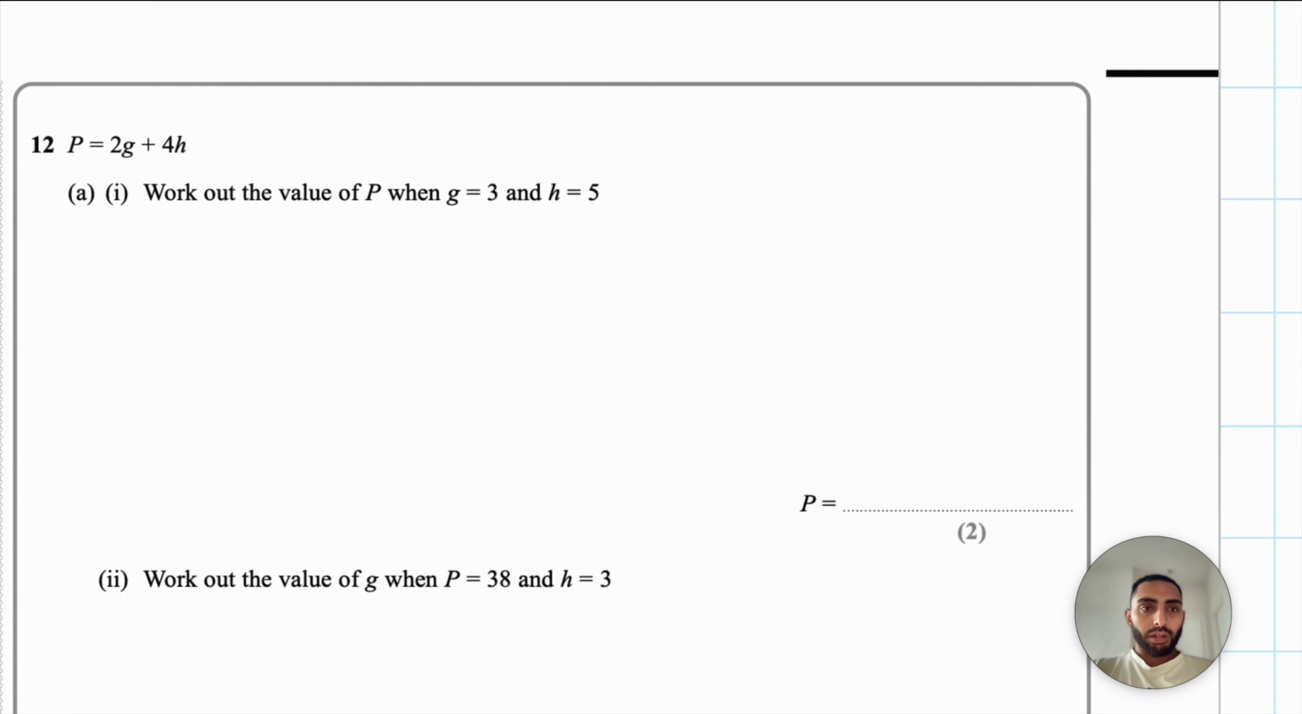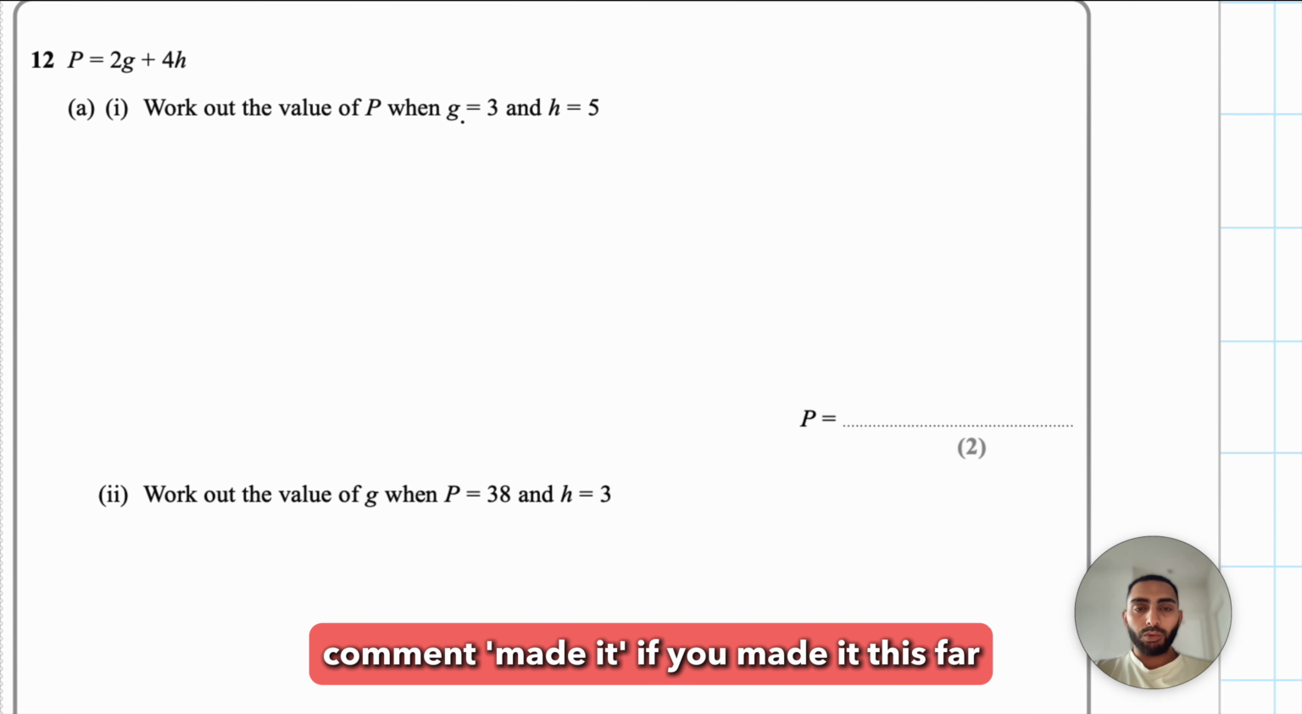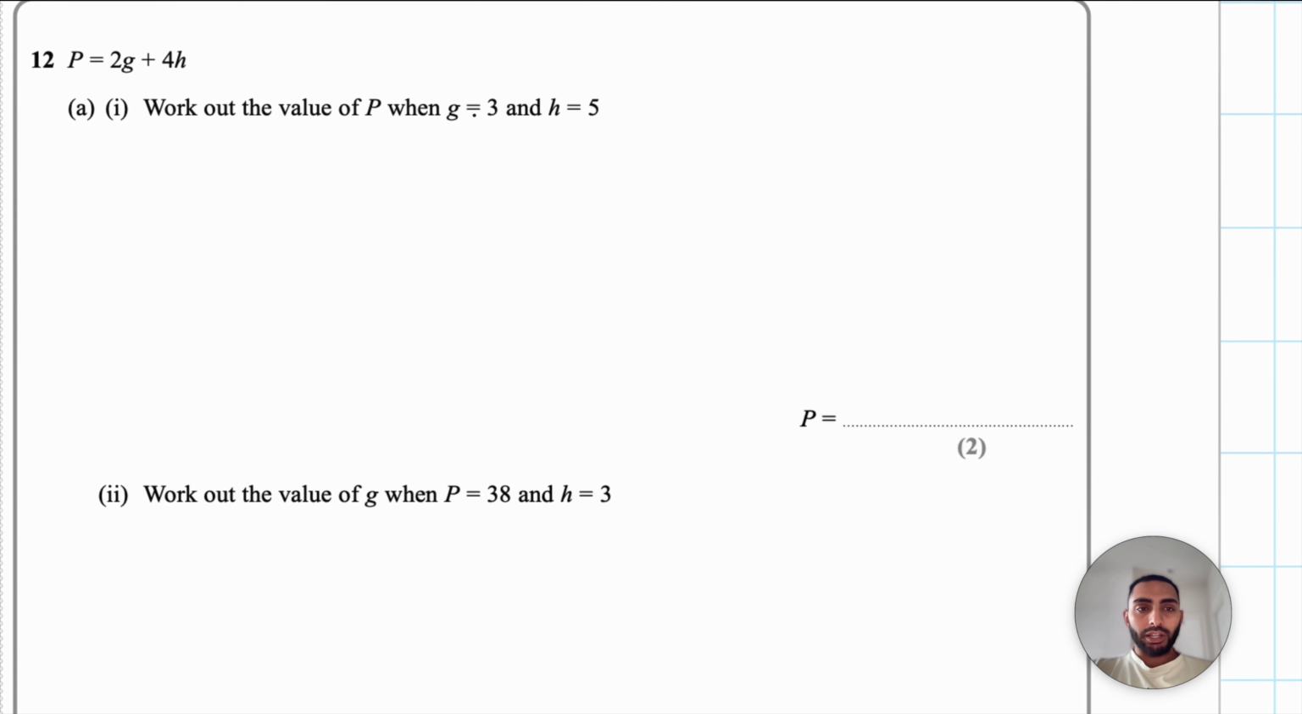Question 12. P is equal to 2G plus 4H. Work out the value of P when G equals 3 and H equals 5. So we're substituting into this equation. We have the values of G and H, we just need to swap them with the values of G and H here. And remembering, if a letter is next to the number, if the variable is next to a coefficient,